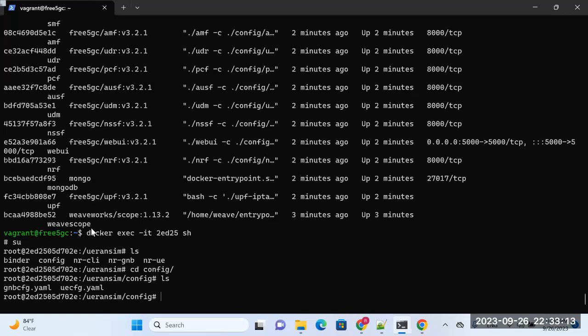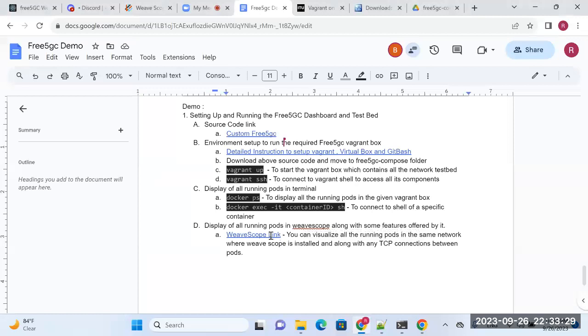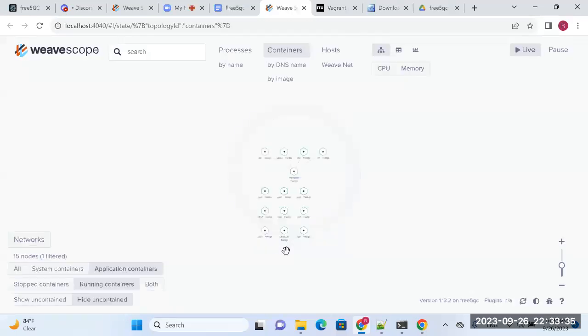The main work of ViewScope is to monitor this particular network and check what pods are running over here, and to also show you the connections between pods if they are only TCP. Right now HTTP is not supported by it, just remember. So the next thing is I'll show you how to visualize on ViewScope. Just you need to open ViewScope. It is already given on